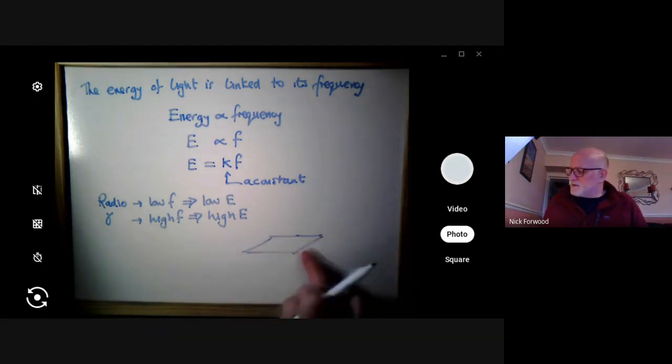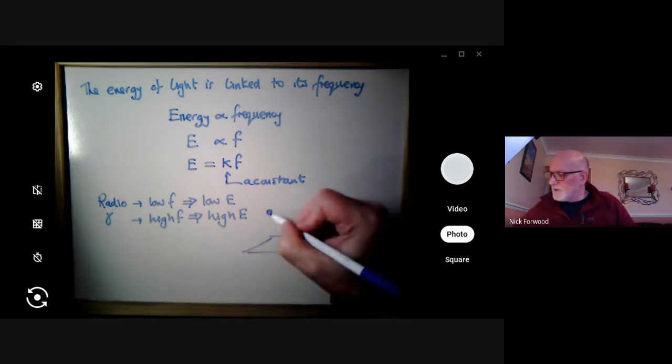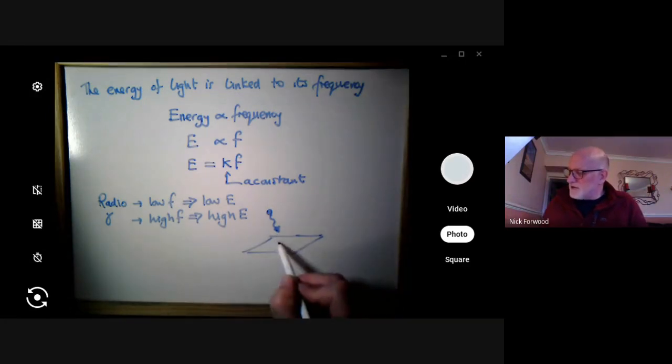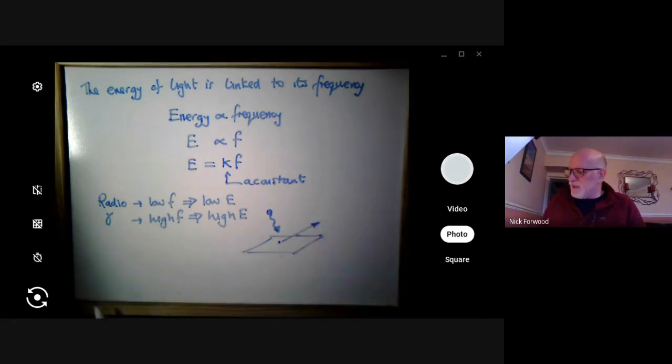there's just a metal sheet, and we've got some incoming light, and the idea is we want to find out something about the light being able to knock out an electron. So it's going to come in here, our light's going to hit an electron, and then an electron is going to move, not within the sheet, but the electron can actually get ejected or emitted. Now, because the electron's tied in to the metal, it's orbiting our atom, it's not a particularly easy thing to do. You've got to have the right amount of energy,